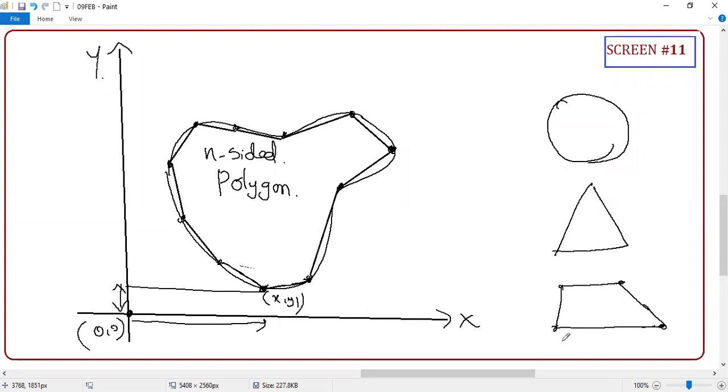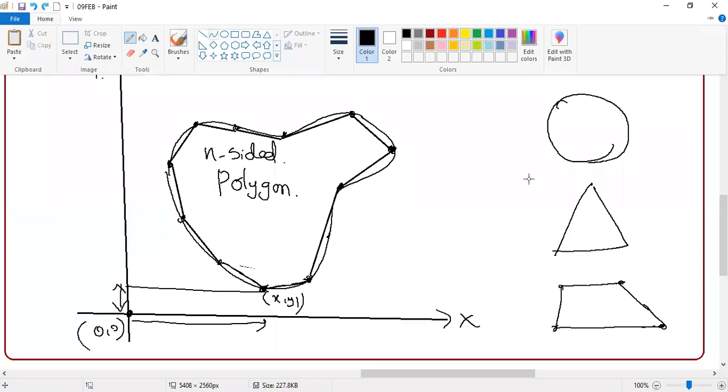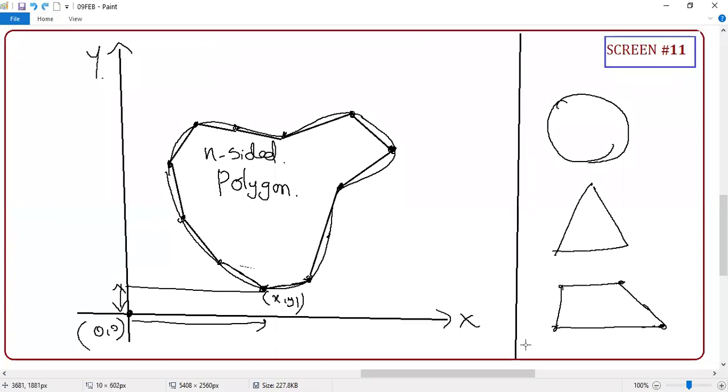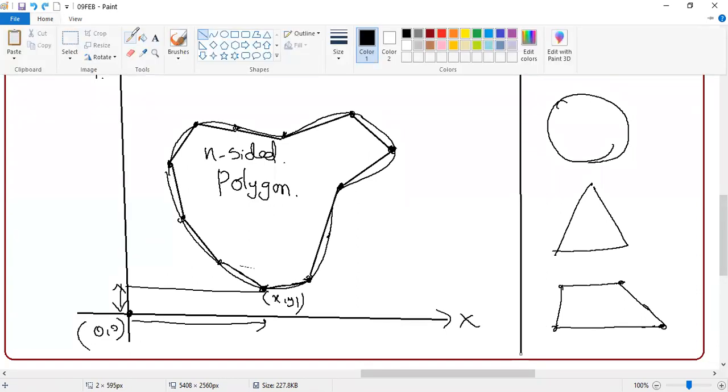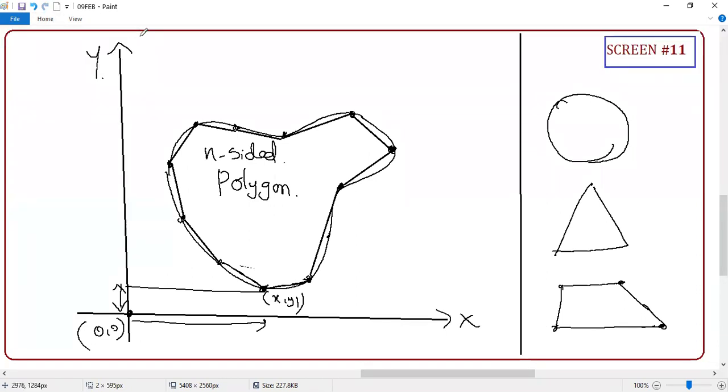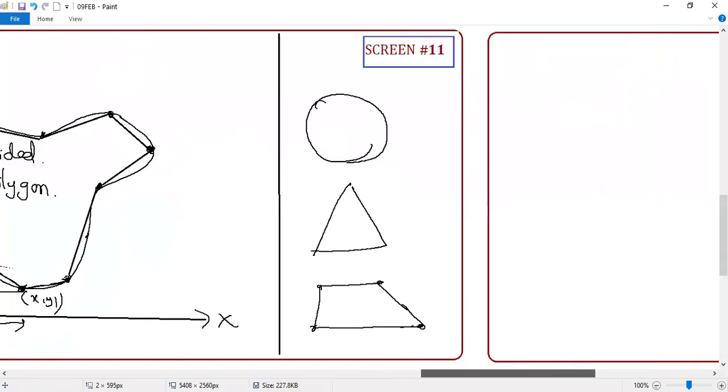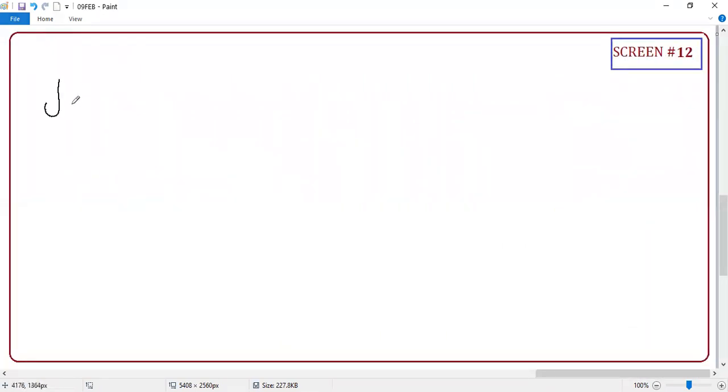Any shape. If you want more accuracy, create more vertices. The moment I can create an n-sided polygon, I know how to put the point for all vertices. Yes or no? Two things everyone will agree with me on. One is that any shape can be converted into an n-sided polygon, and that all the vertices can be marked using the Cartesian plane. If you agree with me, I'm going to give you the formula, not a derivation, directly a formula. Right, guys, area of polygon